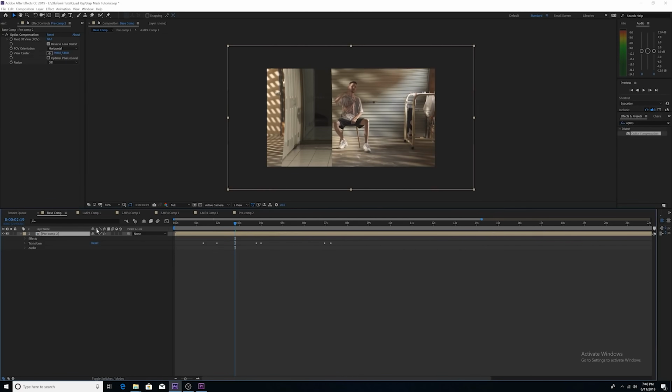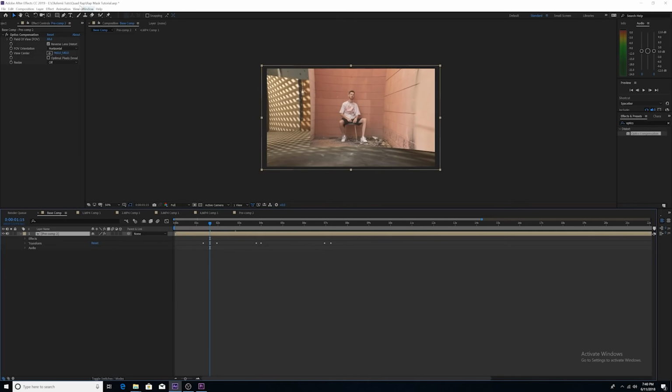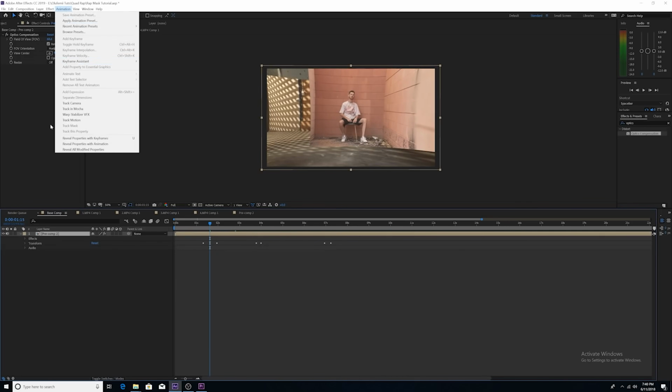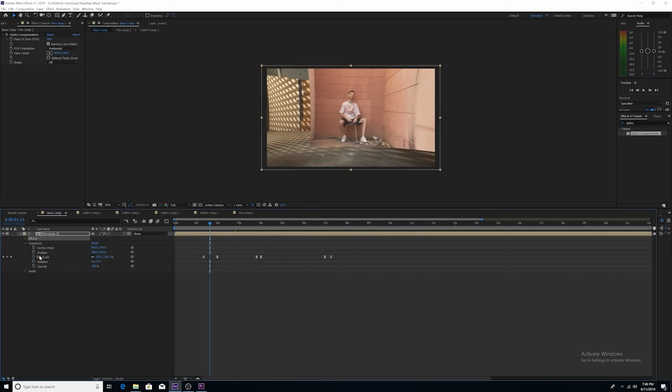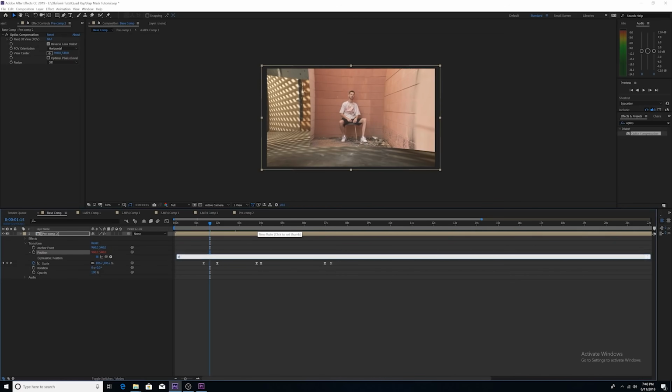I want to add an expression. I want to add a wiggle, and that's going to just give us a little bit of this handheld wiggle look. It's not quite handheld, but for the sake of things, it'll work. So what we're going to do is we're going to go into animation. First actually, let's go into transform, position. Just click, make sure that's highlighted, then go to animation, go to add expression, and we're going to type in